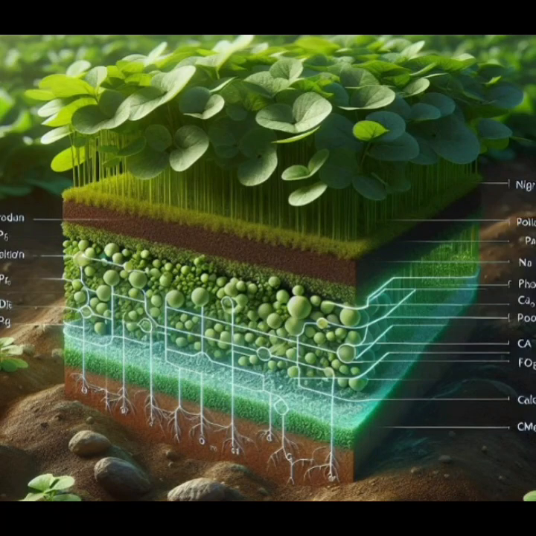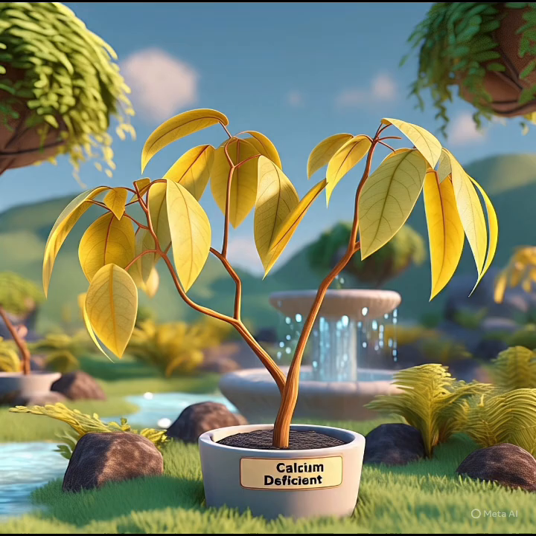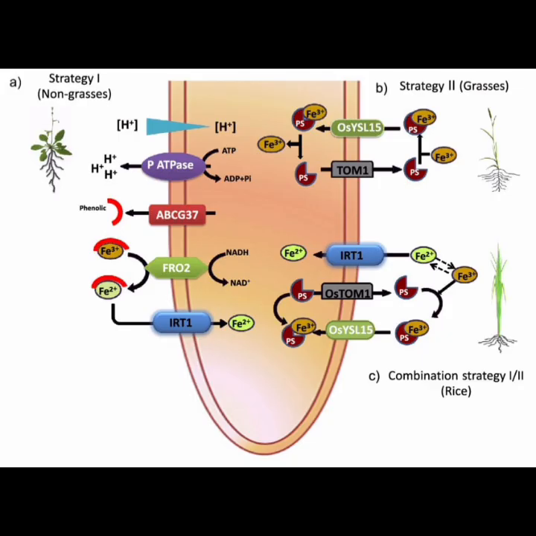Mechanism of absorption of salts in plants. Plants absorb mineral salts, ions, from the soil through their roots primarily by two mechanisms. 1. Passive absorption. This occurs without the use of metabolic energy, ATP, and is driven by the natural movement of